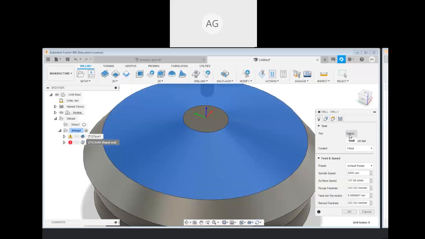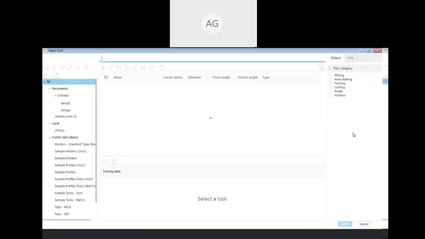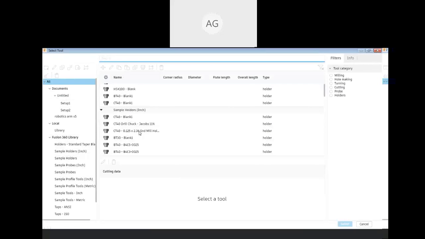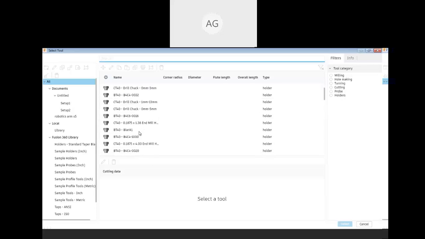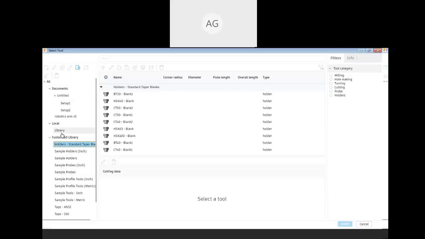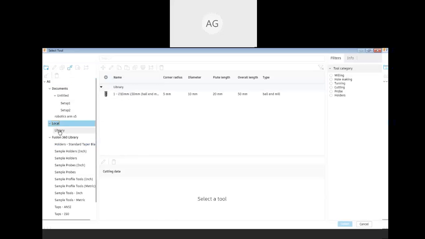The tool we have selected already. Tool holder also we can select. So let me take another tool for drilling. Local library, ball and computer. Take it simple.